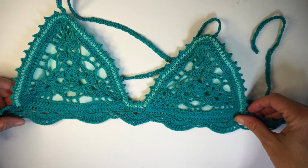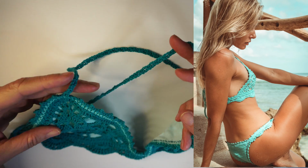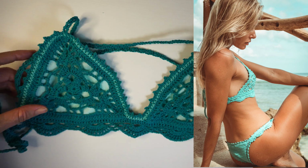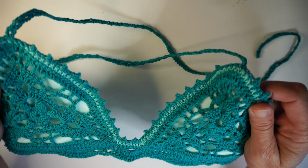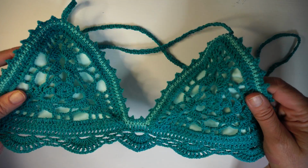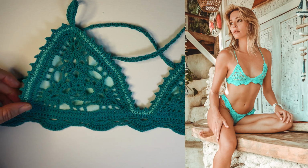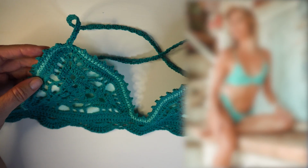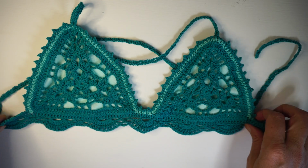So this is the top we're making today. I'm going to show you a few photos of it. I did a photo shoot last year with a model in Bali, where I was then. And so I'll show you these photos. And then, the material needed for this bikini is